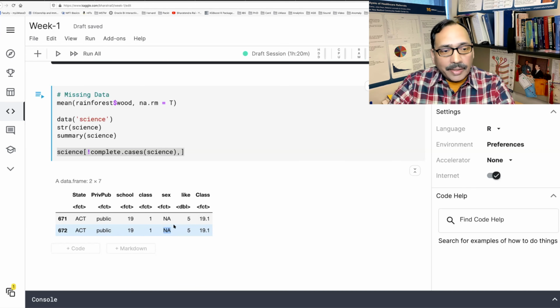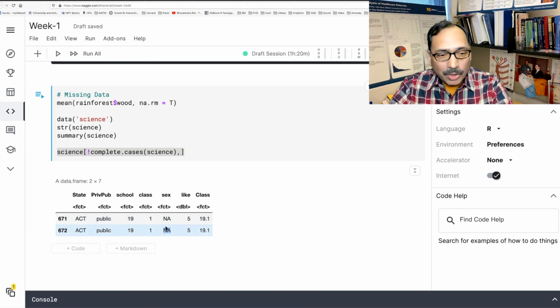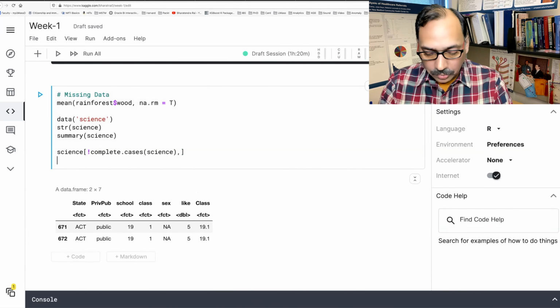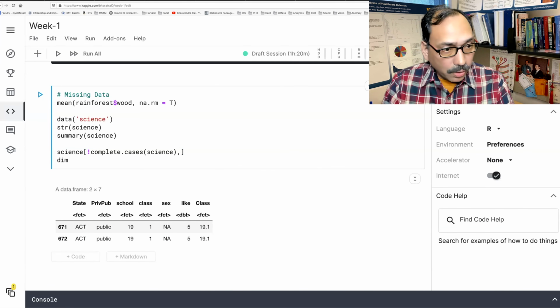One way we can handle that, especially because we have only 2 cases out of thousands, is to remove them. So let me simply say dimension of science.